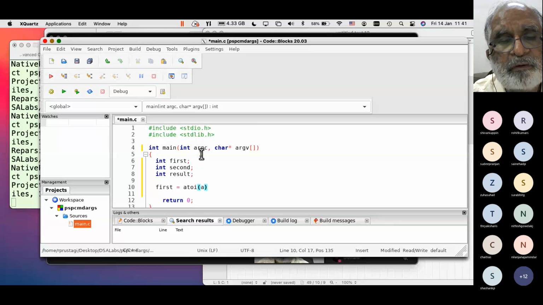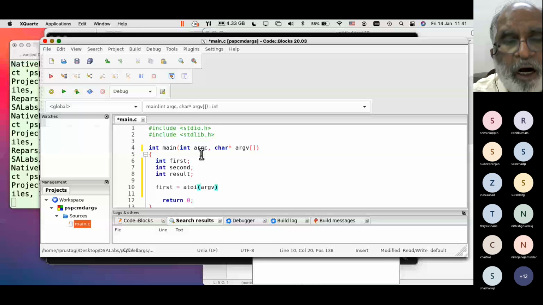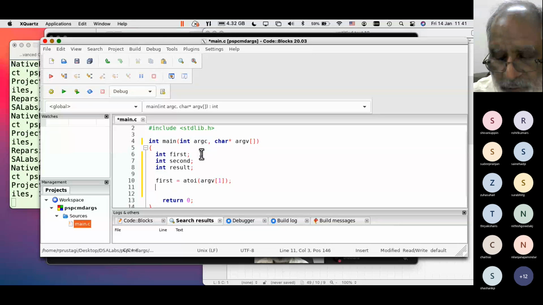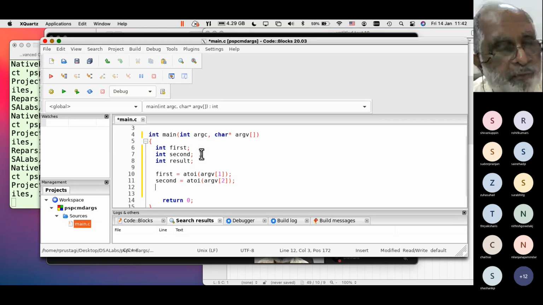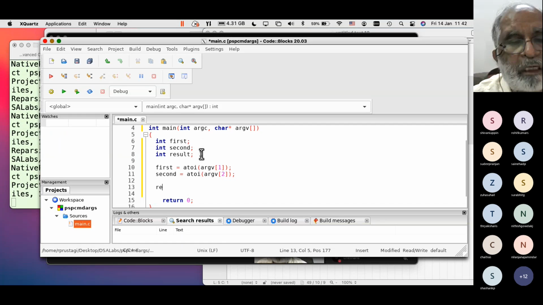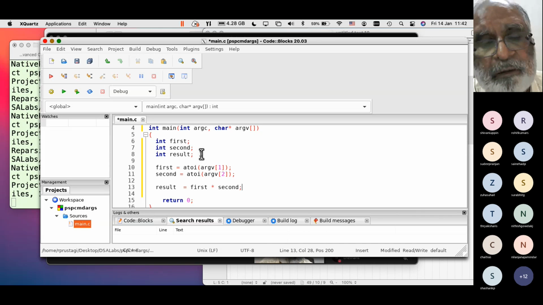So argv first argument which we pass as 10, semicolon, second. Now both first and second are integers. Let's say I want to do result, so I can say result is equal to first star second. That's I'm doing multiplication,